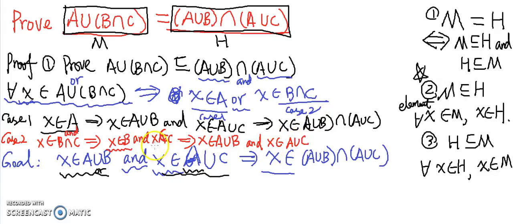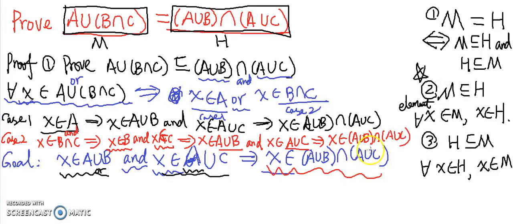The same reason, because if X is in C, X should be in the union of C with any other set. Now we can get the same conclusion. If X is in both this set and that set, X should be in the intersection of these two. So now we proved